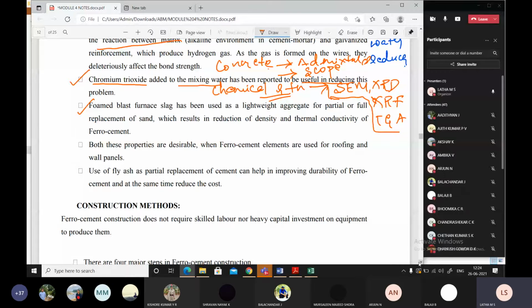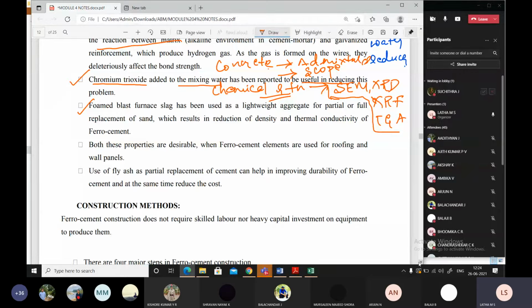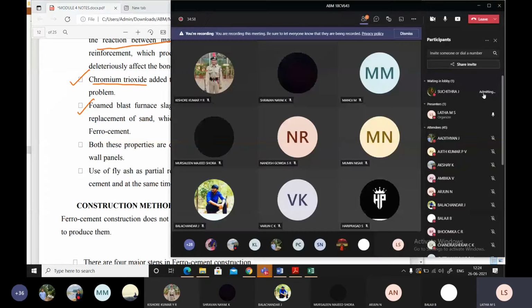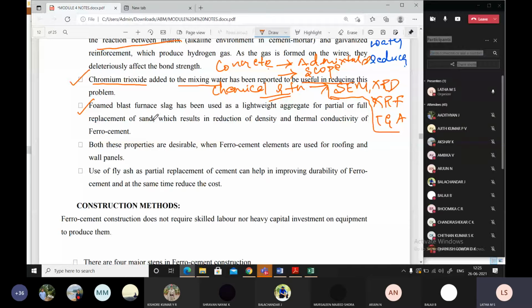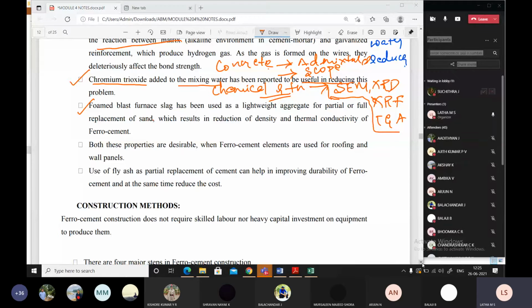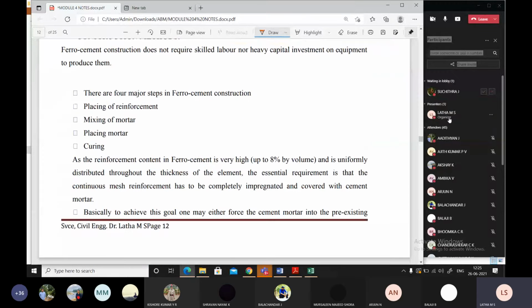So these are the materials being used for ferrocement construction. Sometimes you may use admixtures, sometimes you may not. It is not a compulsion. But a very important thing is that you have to use cement, sand, steel bars and the mesh. These are the very important and prominent materials, and there are no other replacing materials for them. Now we have understood the material behavior or material property of ferrocement, right?